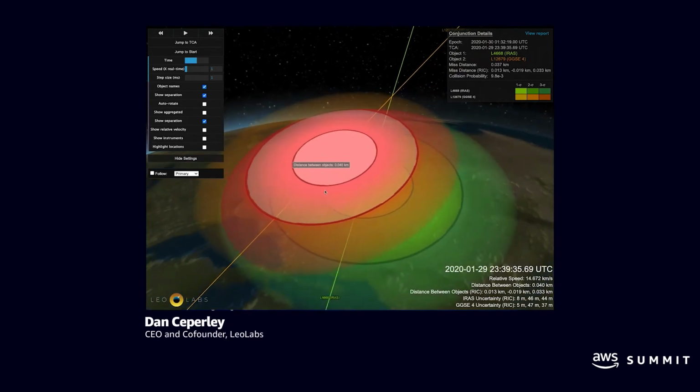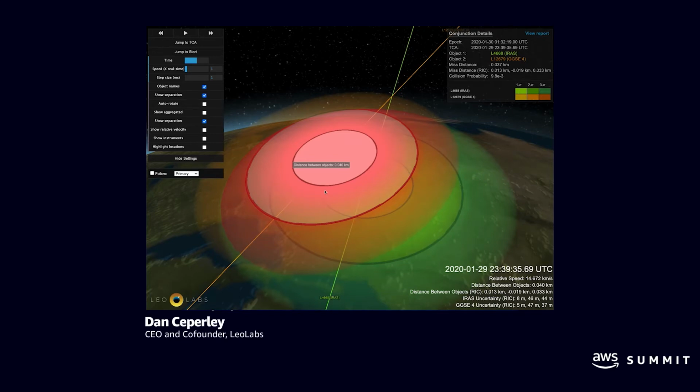And the ovals, or the ellipses, are the regions of space where the satellites are located. So we take our radar data and we turn it into predictions of exactly where those satellites are going to be. No prediction can be 100% perfect, so a big part of our business is fitting or determining the error bars around our measurements and around the satellites. And that's what those ellipses represent.